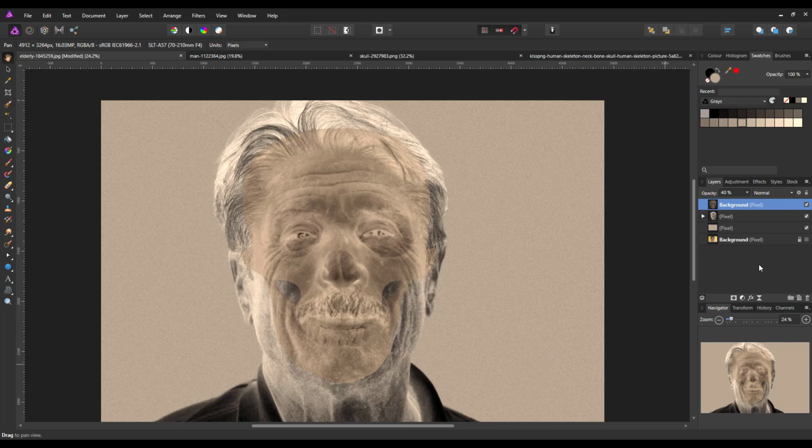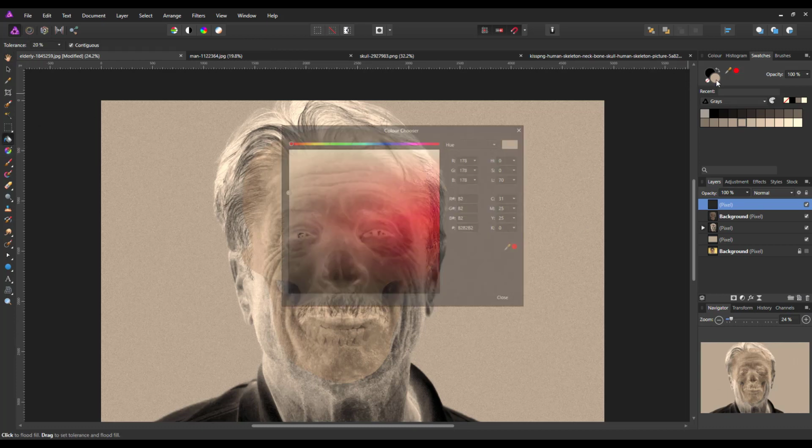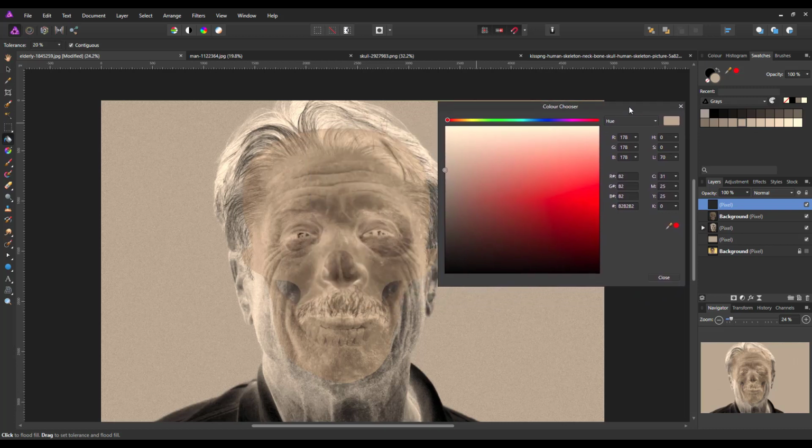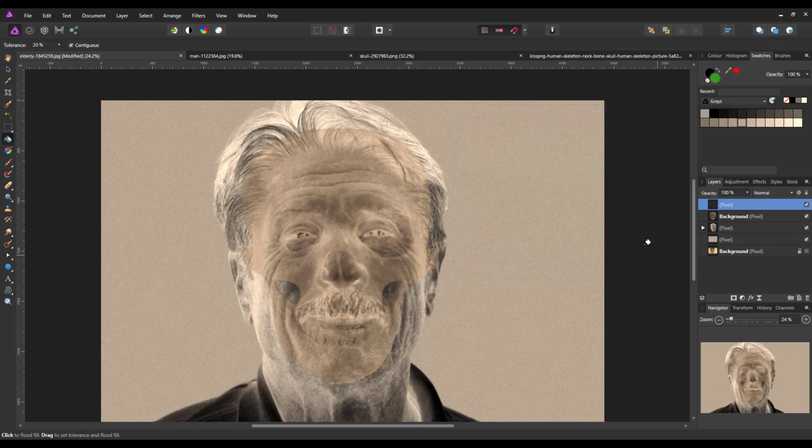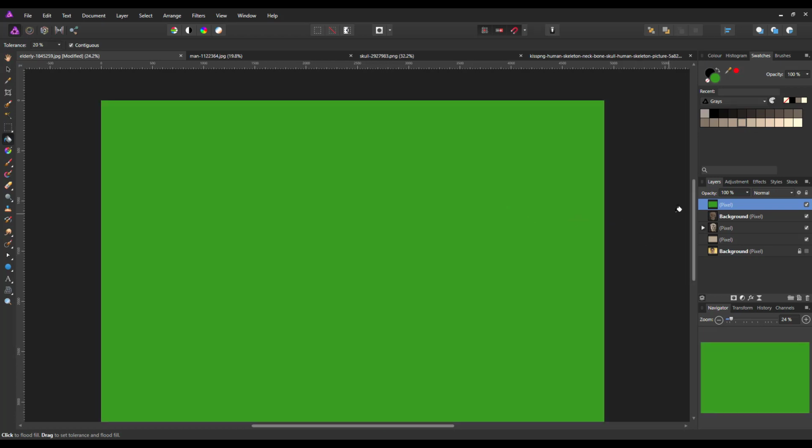So what we need now is a colour above this. So what we're going to do is add a new pixel layer, and we're going to flood fill this with a green, which is what he did in the Photoshop tutorial. I think it was a darkish green, so I'm just going to come somewhere down here. So what's this? This hex code is 31A609, and then just flood fill